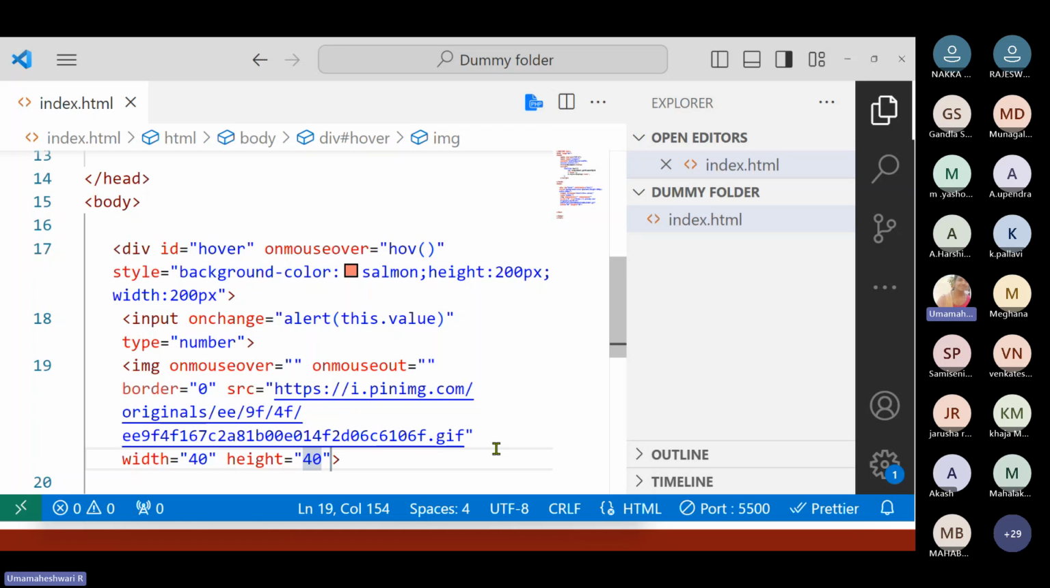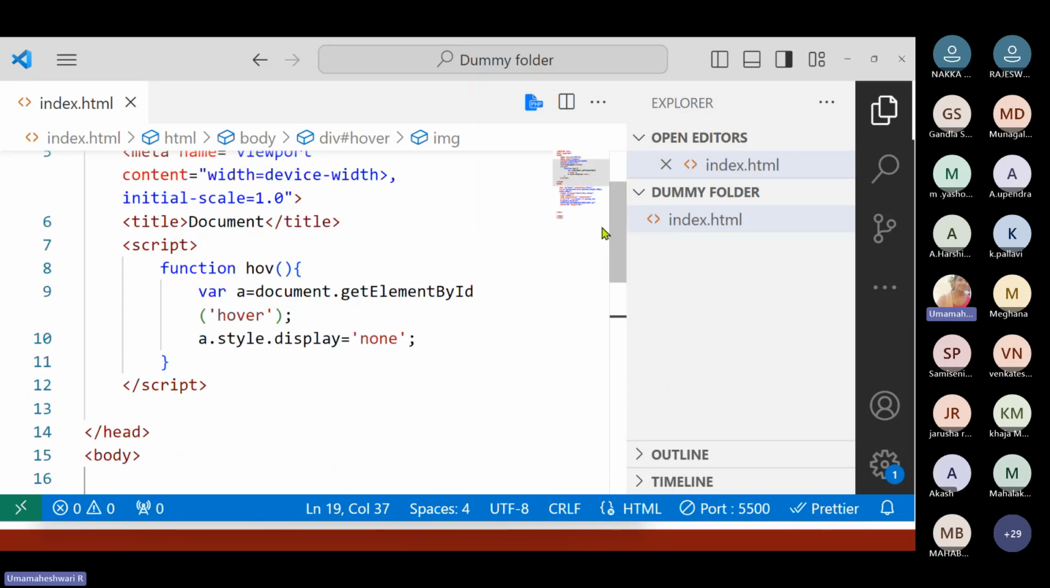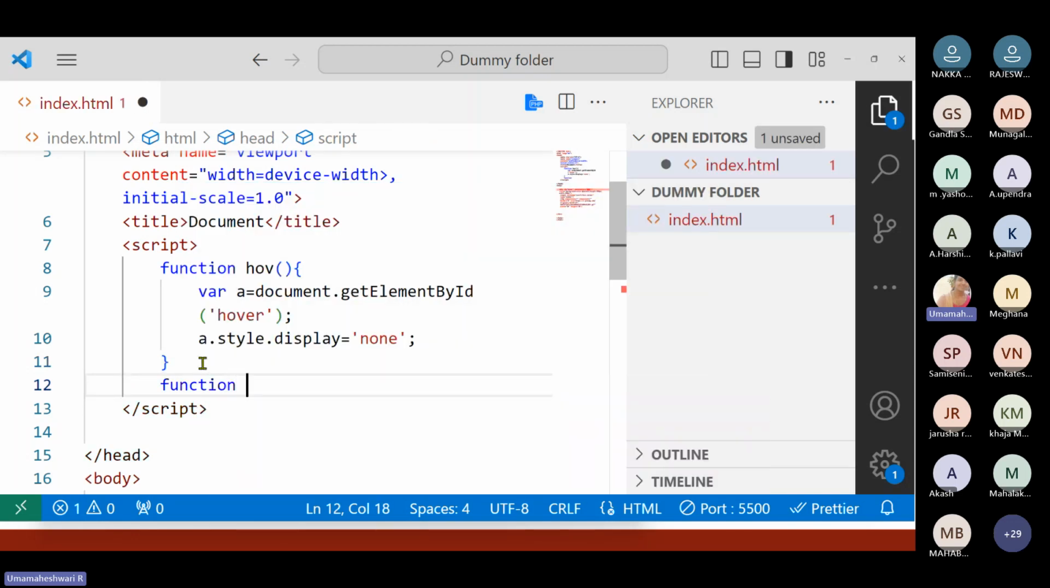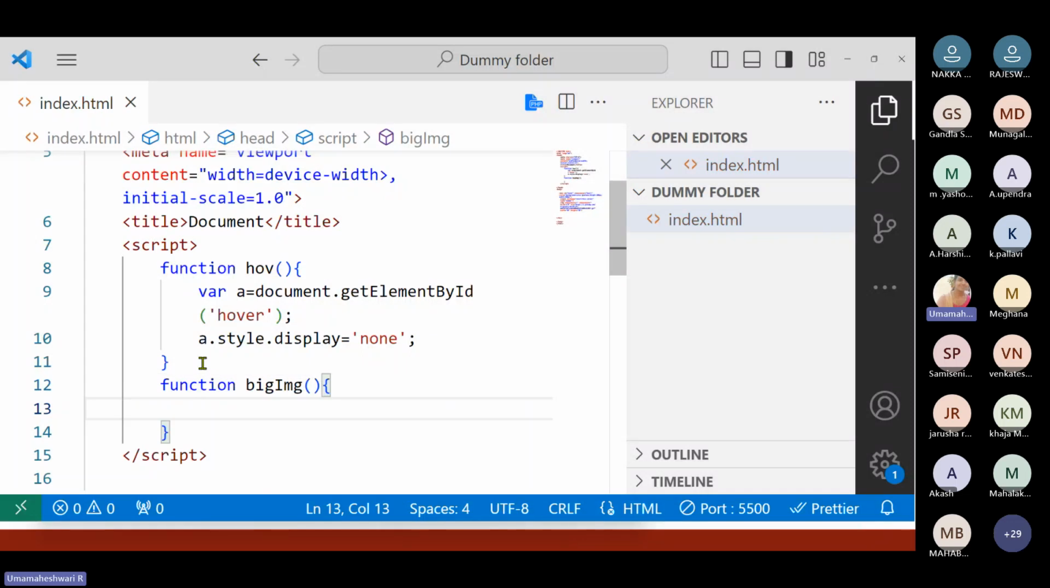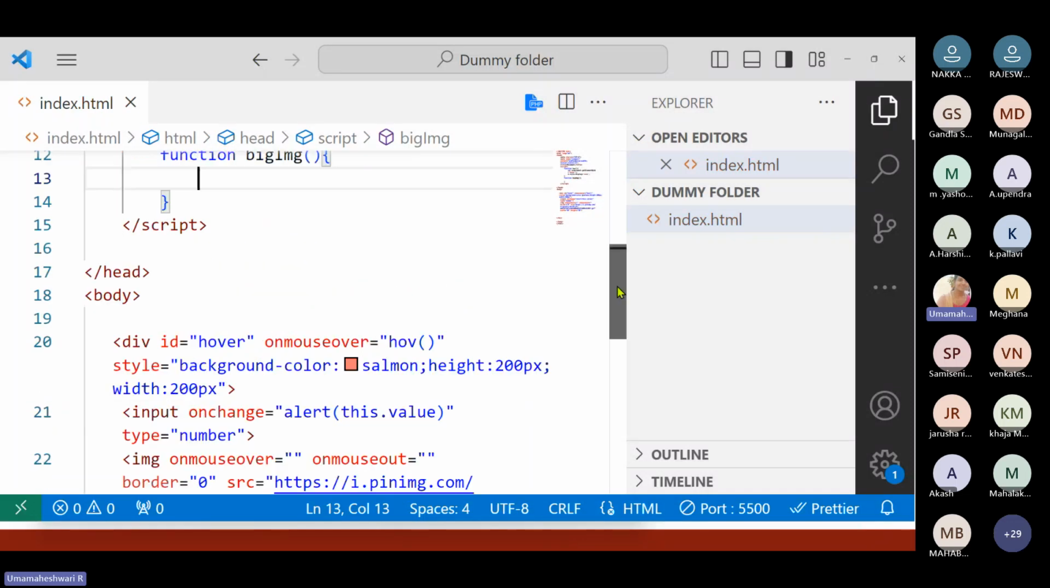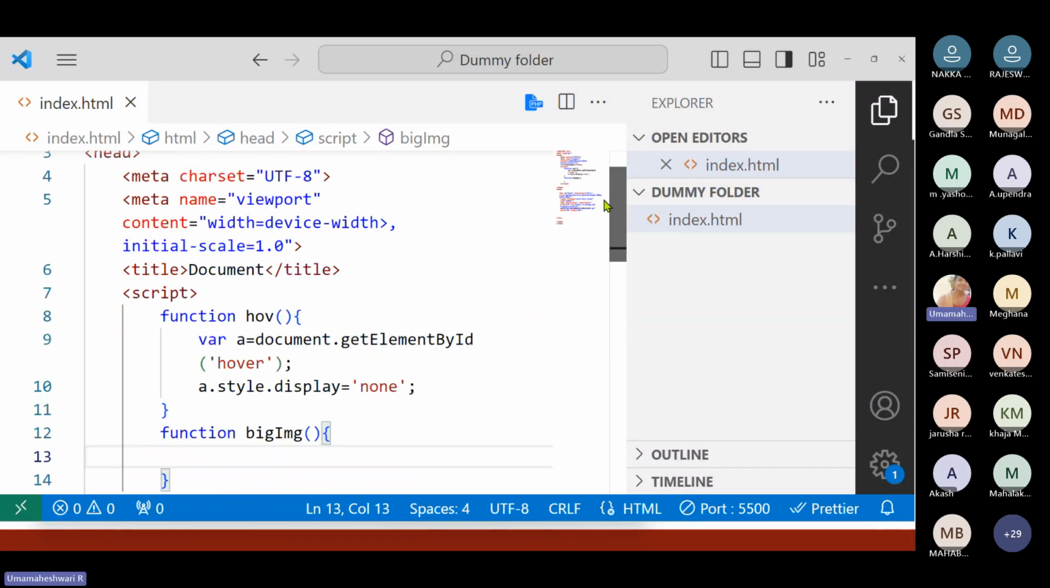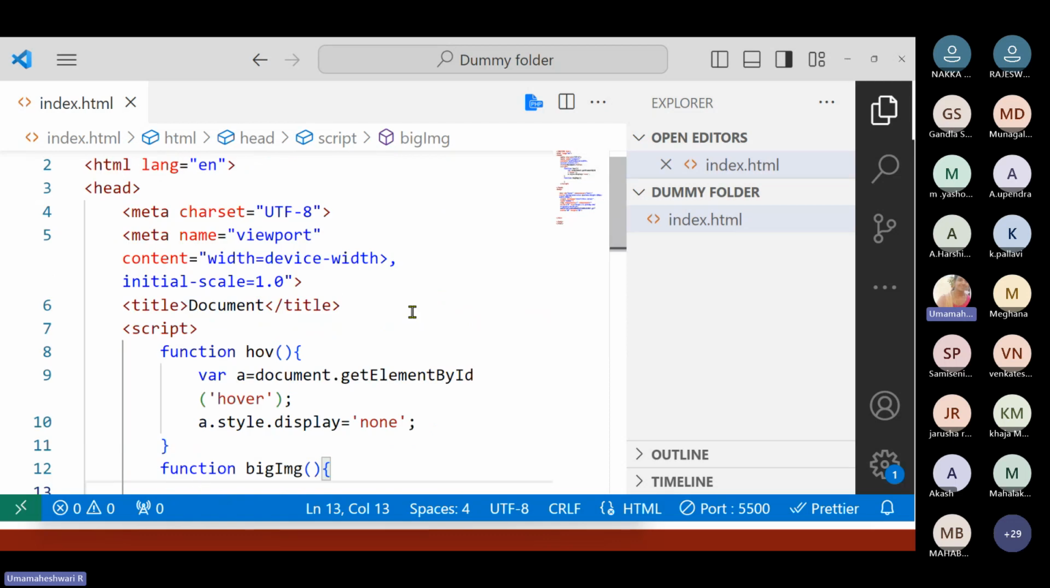So height and width were provided. As of now, we need to include the function names. Am I right? So let's go here and give a function name. Let's give a function keyword, and the function name is going to be, let's say, bigImg as a file name. So bigImg, and